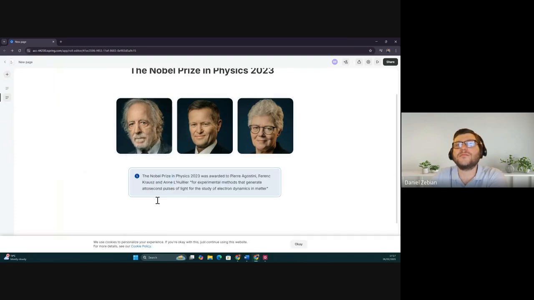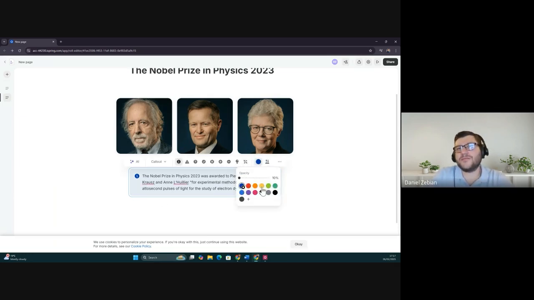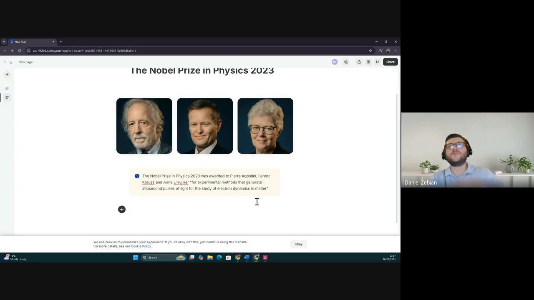Also, to make it more appealing, I use different types of options that are available in the tool. In this section, I'm going to use the callout, which helps me to highlight something if I want to make it noticeable and important to read. Also, I can change the format, which I do often. In this case, I'm going to make it more yellow, so it will be more visible on the white